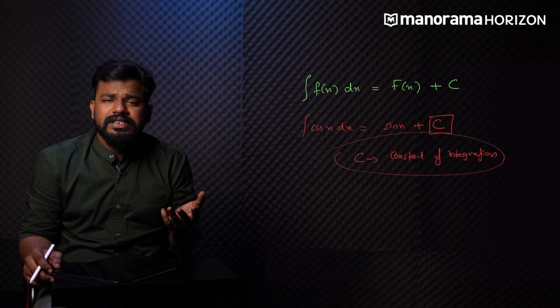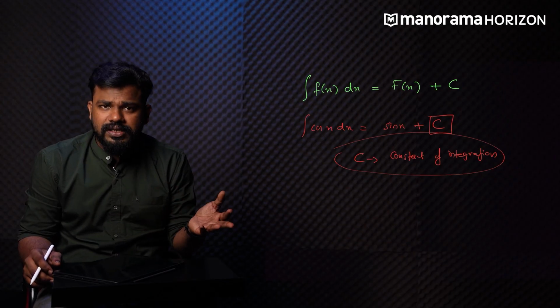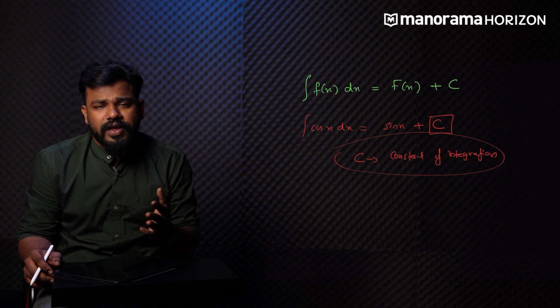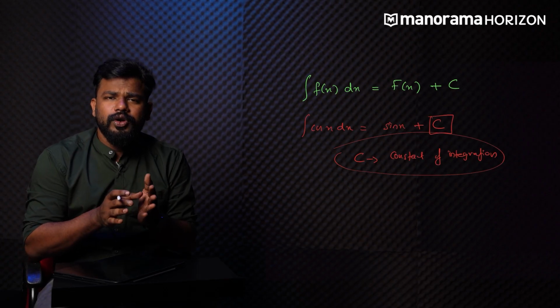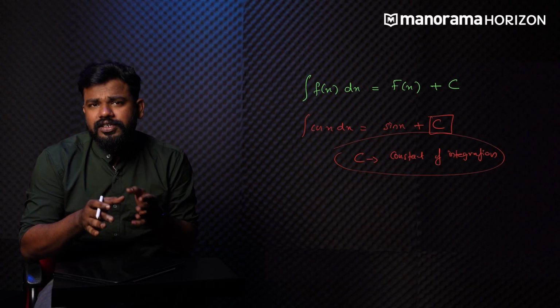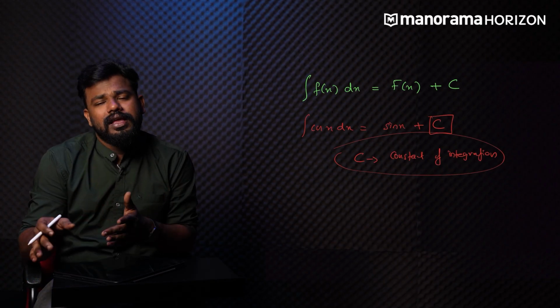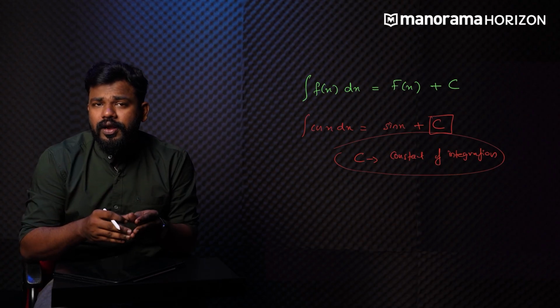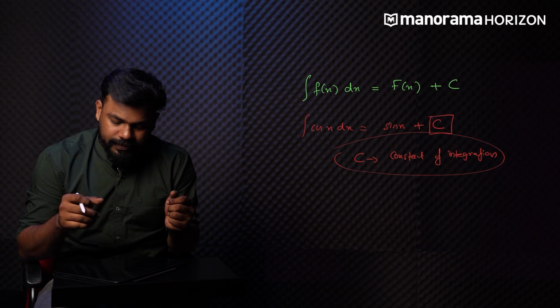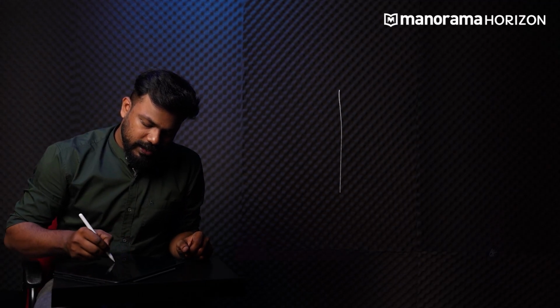Now what is the value of this c? It changes. From 10, from minus 5, in the previous slides we saw that it can change to any value. So we don't need to bother about that constant of integration for the time being. Just write it as capital C. And writing that capital C is very, very important when it comes to integration. Got it? Now, another graph that I'm going to talk about is